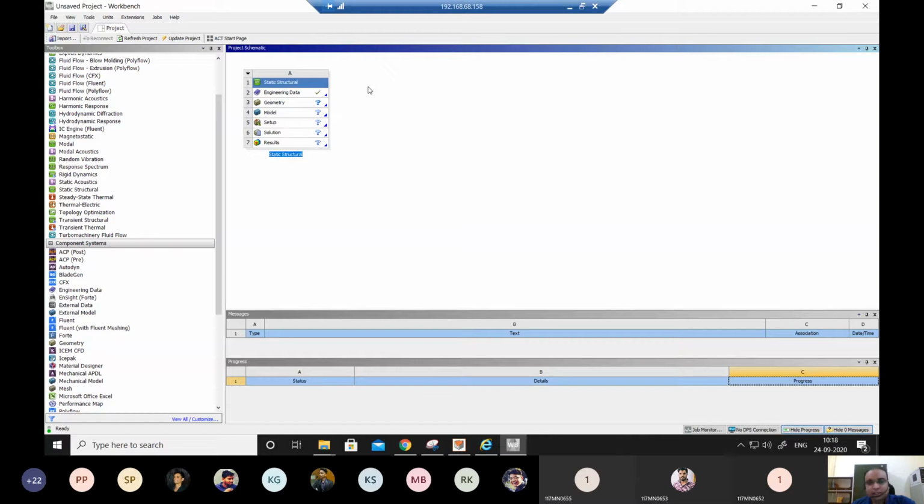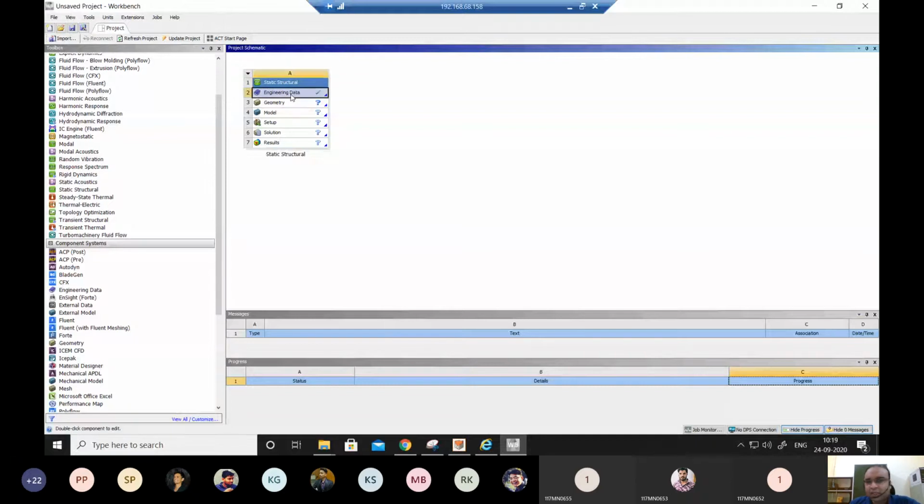Same things are there, but for each and every stage, the pre-processing stage, the processing, and the post-processing, we have a different set of softwares built in. And why that is required is because we are basically introducing more and more complexity in our work. So for example, first it says engineering data.